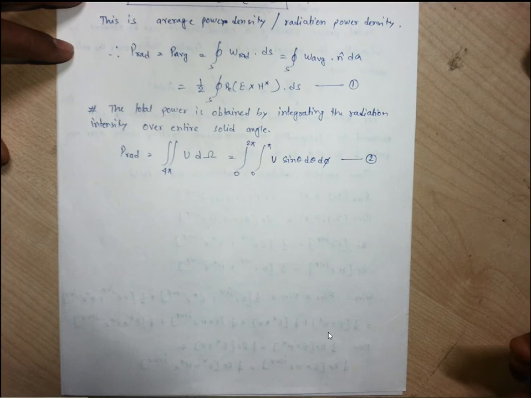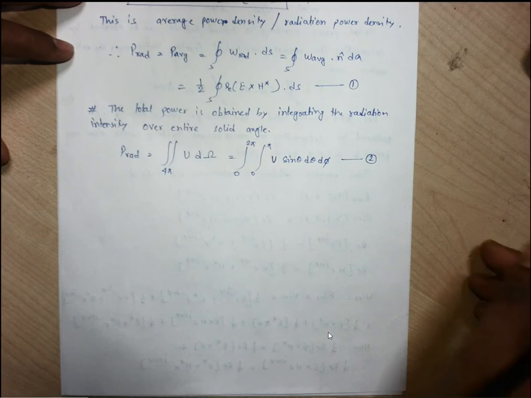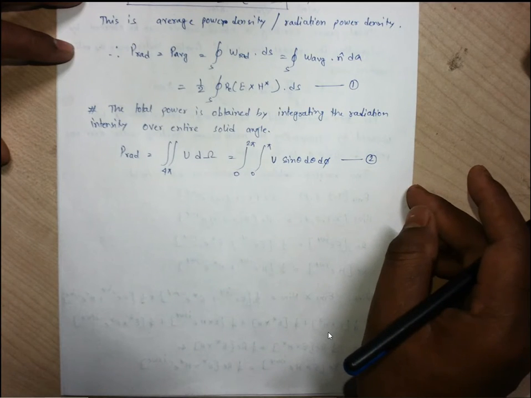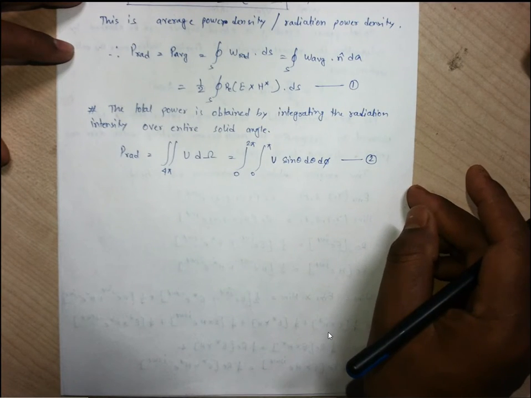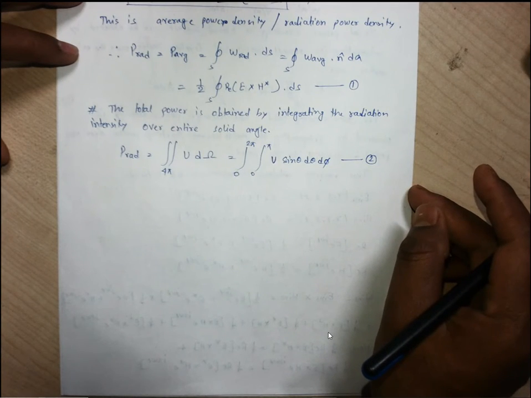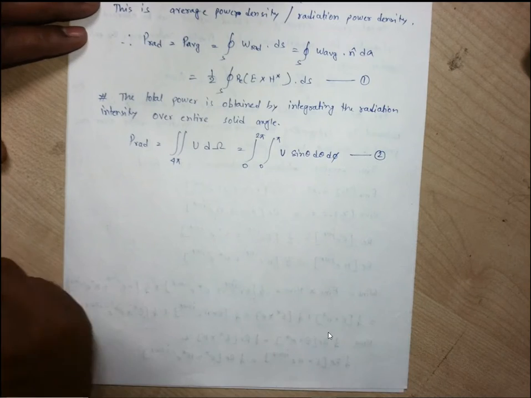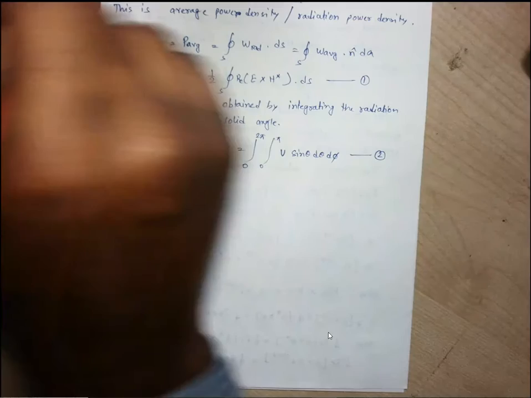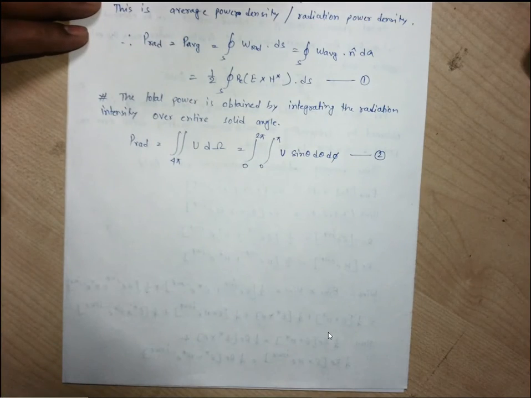So this radiation intensity is the amount of power being radiated in a particular direction, or you can say per solid angle. That is, the solid angle is the direction in which you have the radiation, or the angle up to which you have the radiation, and the existence of the beam area will be given by this solid angle. Okay, so based on this, let us solve a problem that will give you a clearer view.